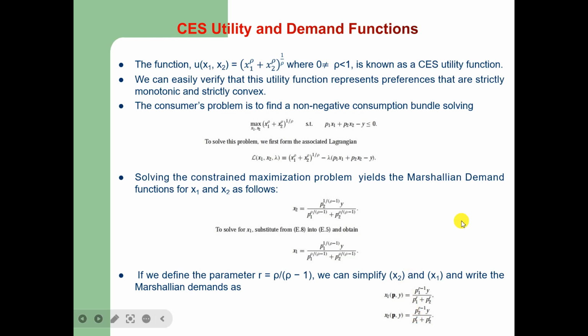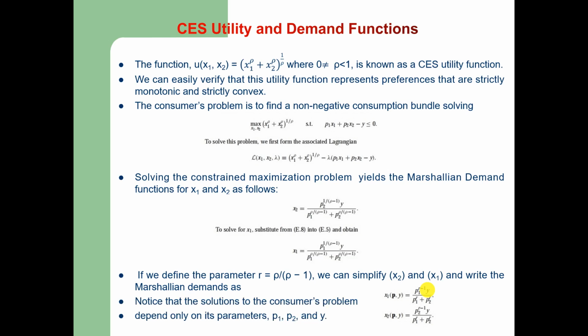But in case of the constant elasticity of substitution function, the Marshallian demand function for x1 not only depends on own price, but also on the other prices, as well as the income of the consumer. So this is the main difference between the constant elasticity of substitution utility function and the Cobb-Douglas utility function and the demand functions. So solution to the consumer problem is this,